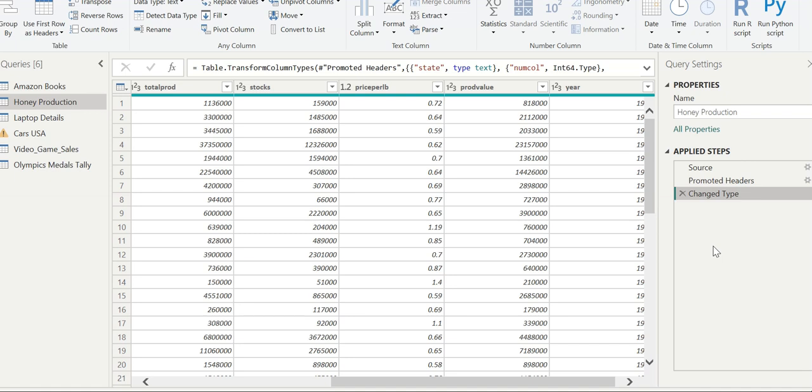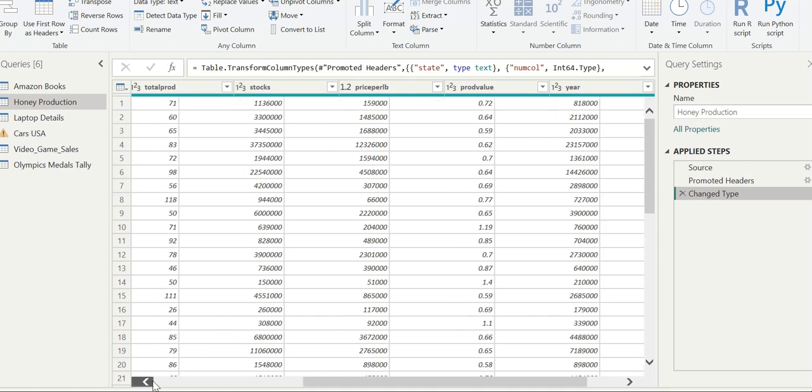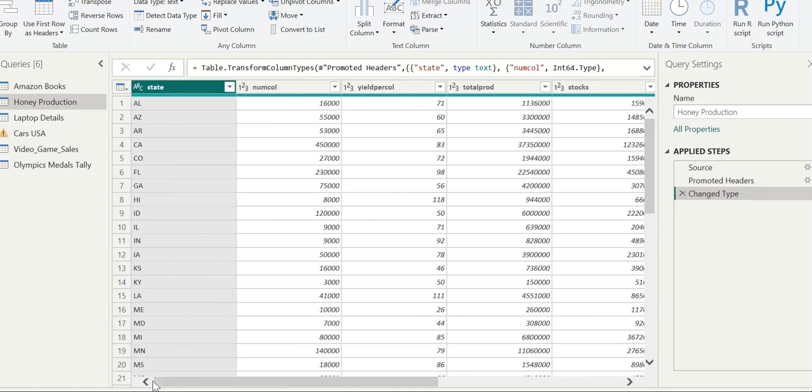One more thing about this particular data set is that it is ordered in a specific manner. It is ordered by year and state, in ascending order here. However, if you would like to reverse the order, you can just choose the reverse rows option.